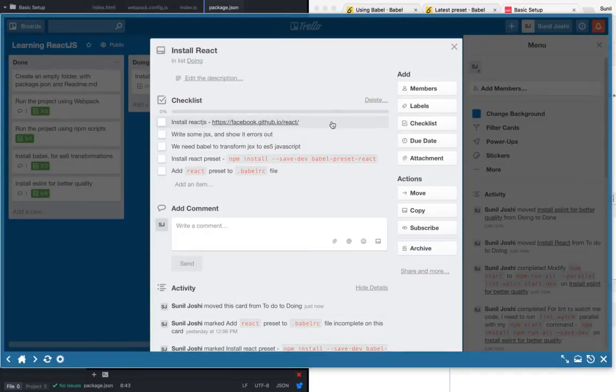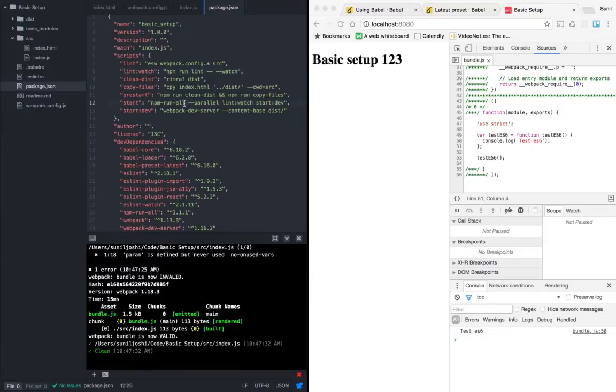But let me pause here for a moment and let me tell you, this basic setup can be used for any project, not just React. We can have any JavaScript framework on top of this, since it has nothing to do with React. Right now we can write ES6, great. We can lint our code, amazing. We have a bundler which bundles our code. So all this stuff has nothing to do with React.